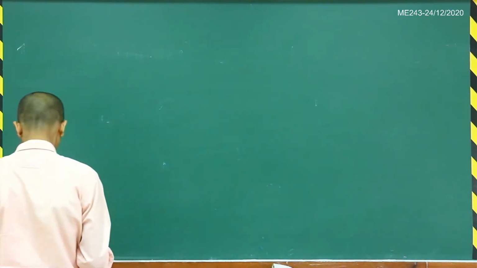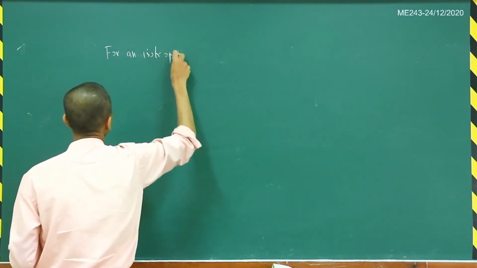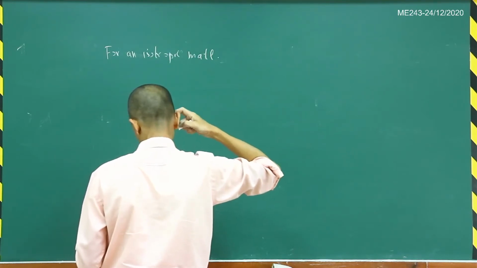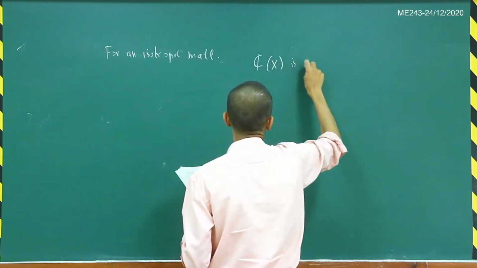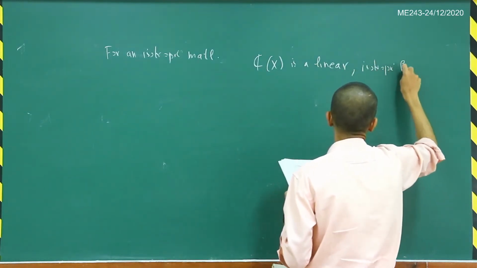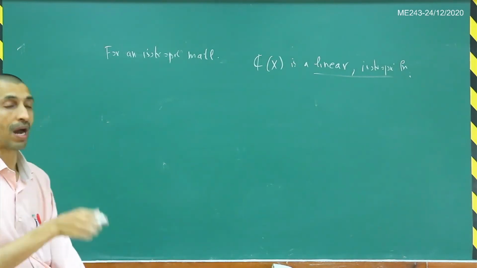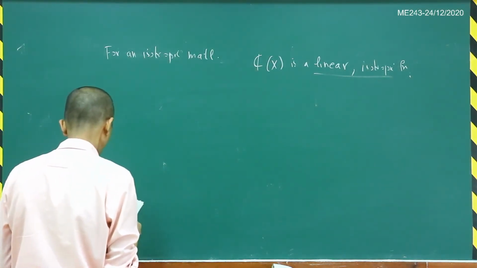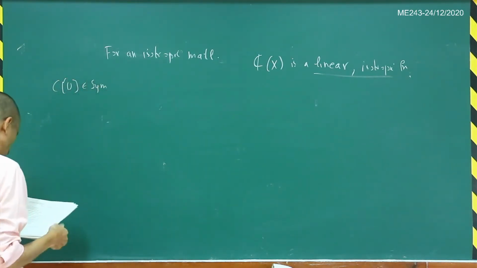So for an isotropic material, C is a linear isotropic function. Okay, so because it's a directional derivative, it's linear in the direction part, right? And so that is the reason that it's a linear isotropic function. And we also know that C of u belongs to sim. Okay, so using these two properties, we can write